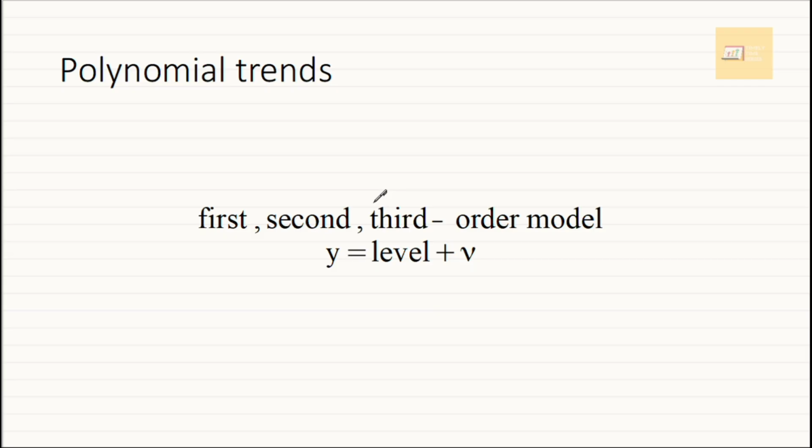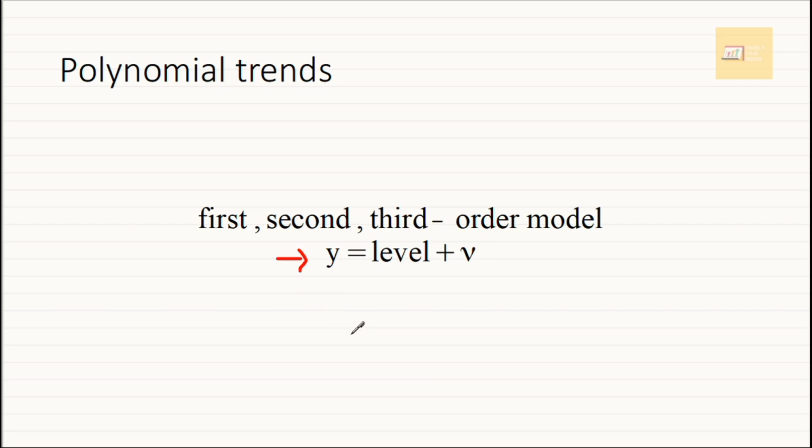Actually, a dynamic linear model is always described in at least two equations, one for the observational level and the other for the system level. But to make it easier, I think we should start from the observational level. So for the polynomial trends, whether it's the first, second, or the third order model, the observational level equation is